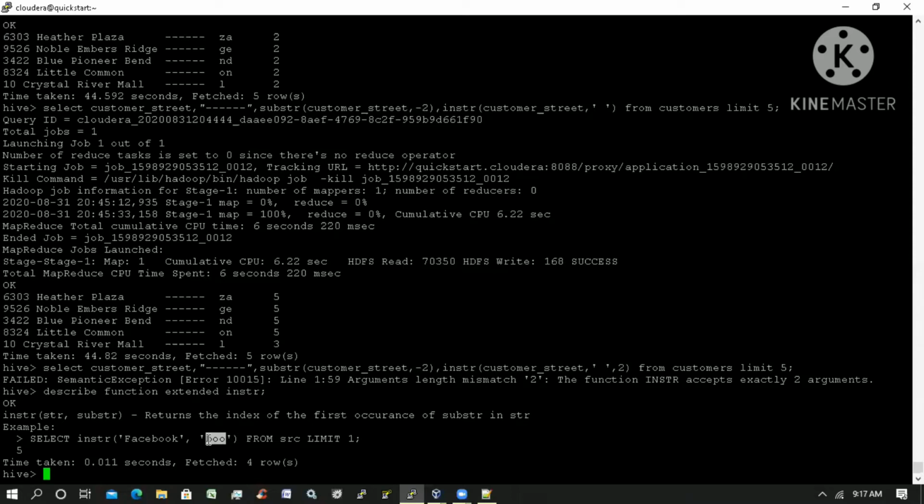Yeah, substring, that's it. One, two, three, four, 5th position. Okay, it's not taking other arguments. If you want to search from the last position, that means the 2nd position, how can we do that?